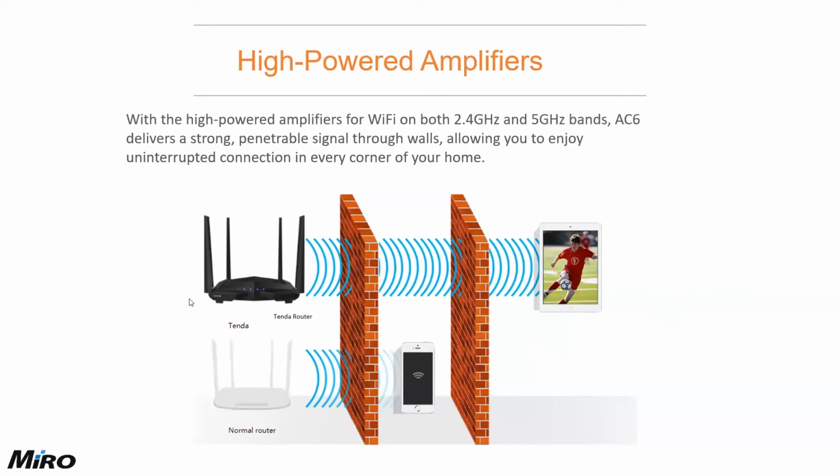Because of the high gain antennas and because it operates on both 2.4 and 5 gigahertz, these bands enable the connection to deliver through strong concrete, metal, steel walls, beams, so that you can enjoy an uninterrupted connection in every corner of your home, be it your study, be it your movie house, be it your braai area, wherever you are in your house. Utilizing the correct Tenda products will help you penetrate through any physical barriers such as walls.